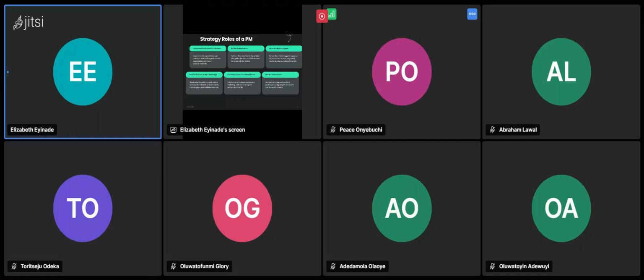Okay, so for Peace, Peace is using WhatsApp as a case study.